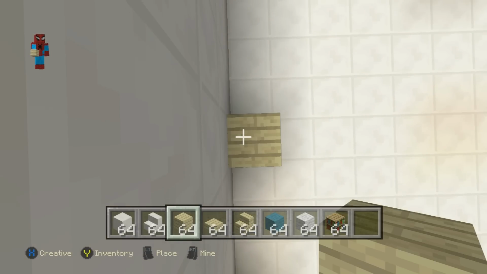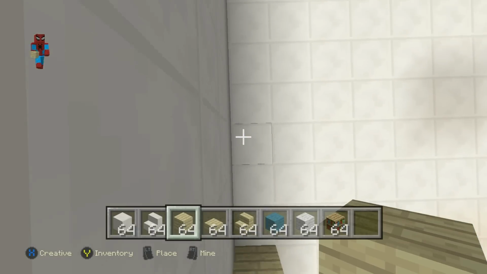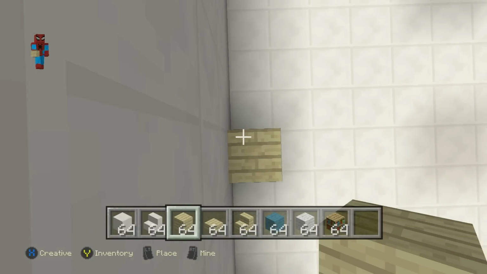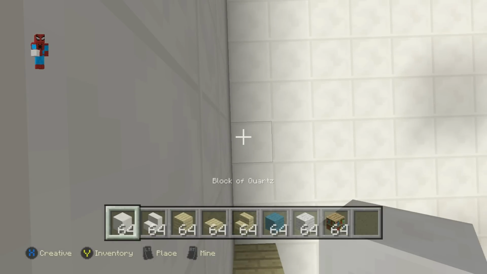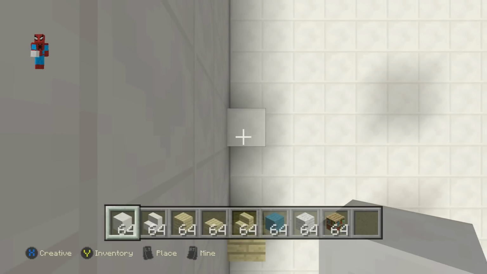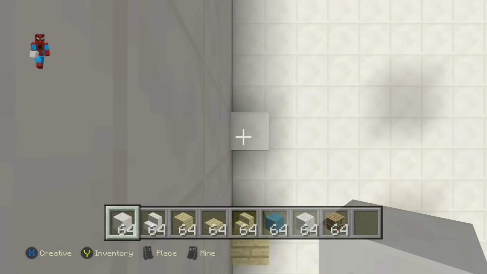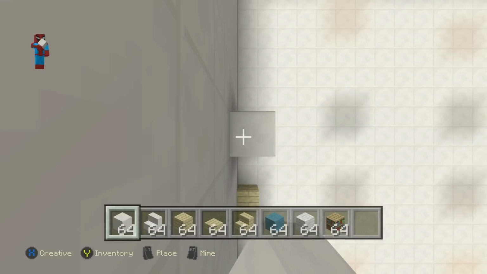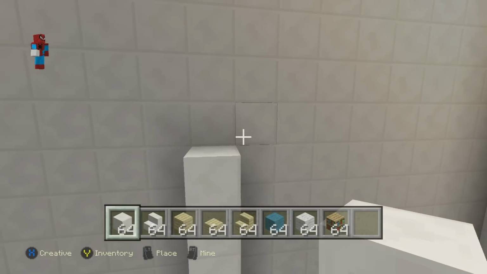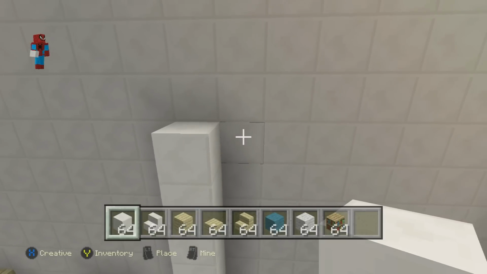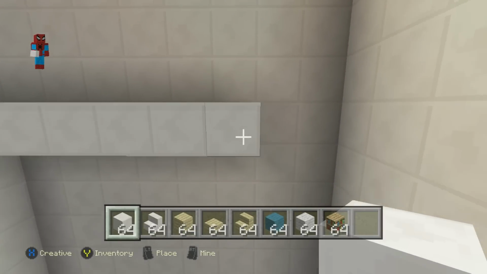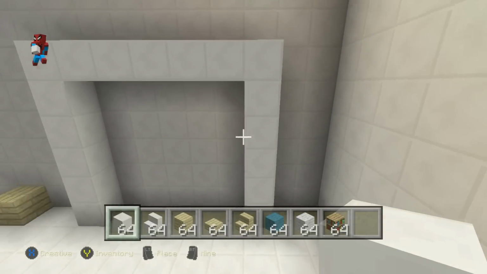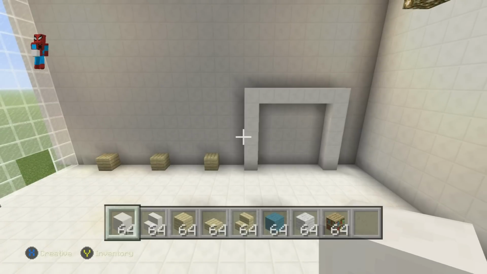Then moving up, leaving a gap of 3, we want to place 1, 2, 3, plank. Then moving up, leaving a gap of 2, this time we want to leave 1, 2, and then we want to place a block of quartz. Now coming up from this quartz, we want to do a row of 5, so that'll be 1, 2, 3, 4, 5. Then going right of this 5th block, we want to do another row of 6. So that's 1, 2, 3, 4, 5, 6. Then connect all the way down to the ground to leave you a shape which should look like this. So just looking from the side, we should have something which should look like this.